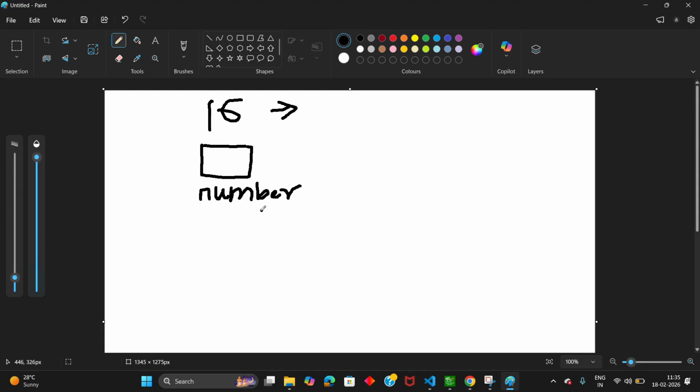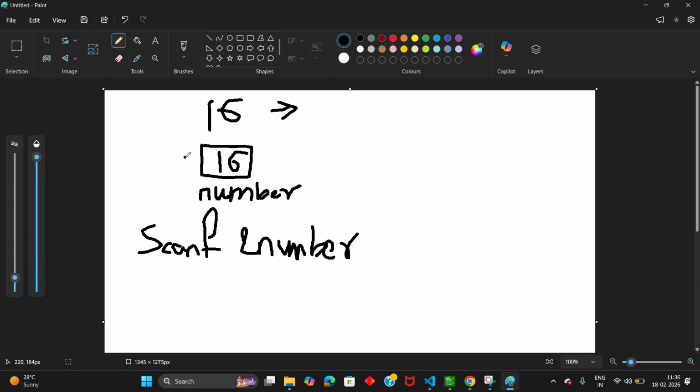In that number, using this scanf function, we will ask the user to enter a number, and we will use ampersand number. Ampersand number will be treated as the address of that location, because we don't know the actual address of that number location. So whenever the user enters the number 16, for example, the number will be stored in the memory location. This is fine, right?